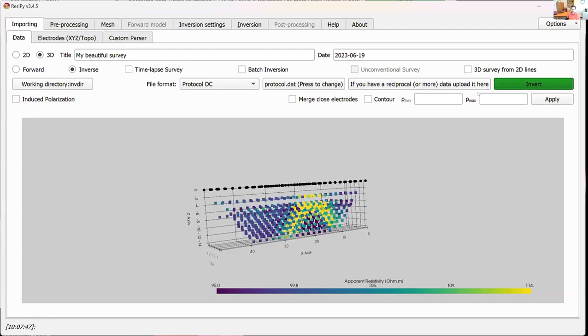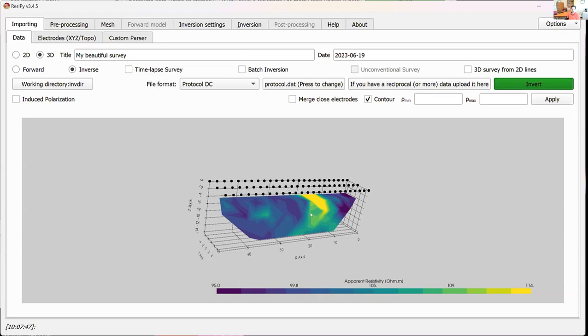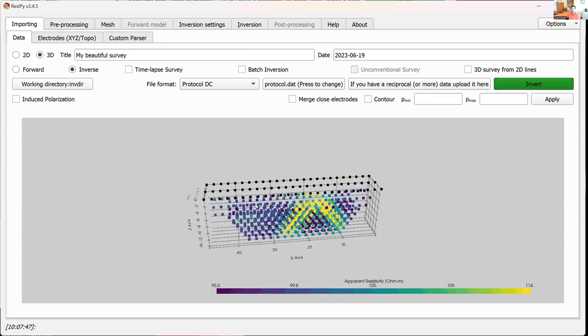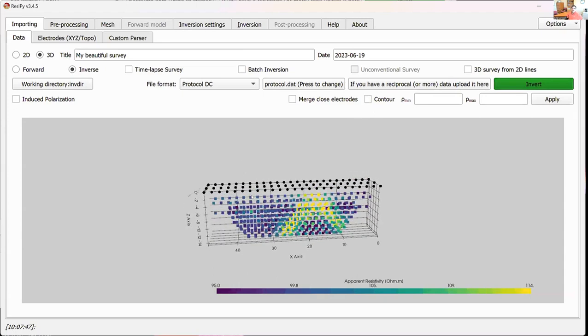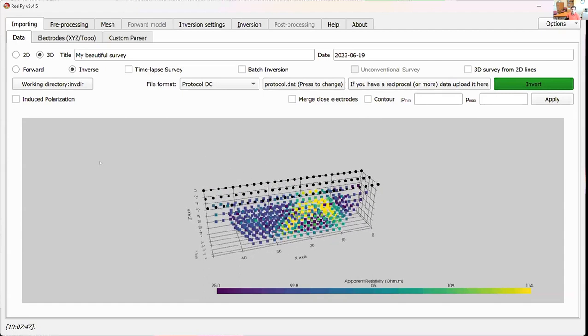And you can actually contour this if you like as a pseudo 3D contour. Also, sometimes in 3D you have a non-uniform grid, unlike this one, where electrodes pass over each other at any weird location. In that scenario, if you have electrodes that are very, very close and cause problematic meshing problems, you can merge those very close electrodes together and make sure that doesn't cause any problems in